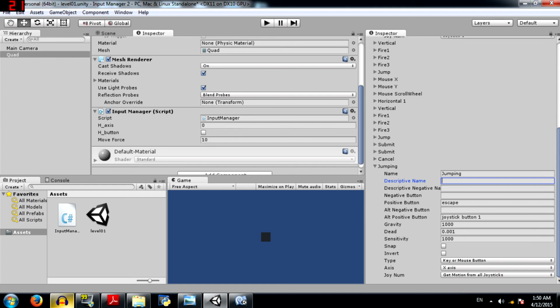We need a positive button, which will be space, and the gravity should be 1000, dead zone not required here, sensitivity 1000, that's fine, snap, not required. Key or mouse button, make sure that's selected. Axis, not required. Joystick number, not required. Go to your scene